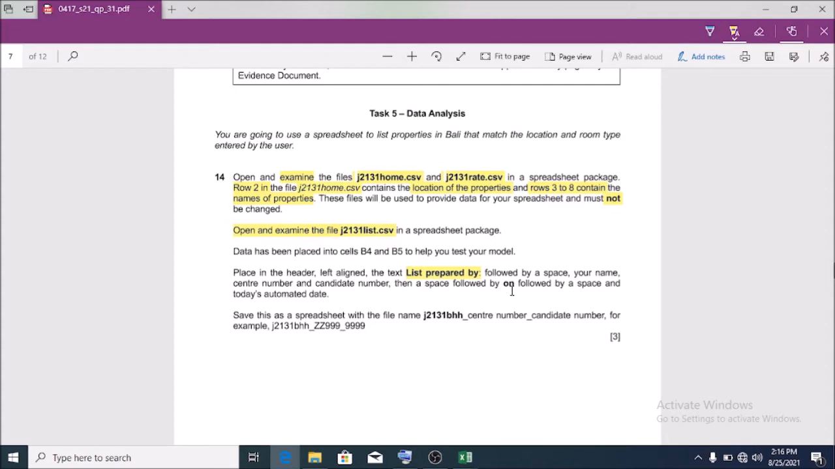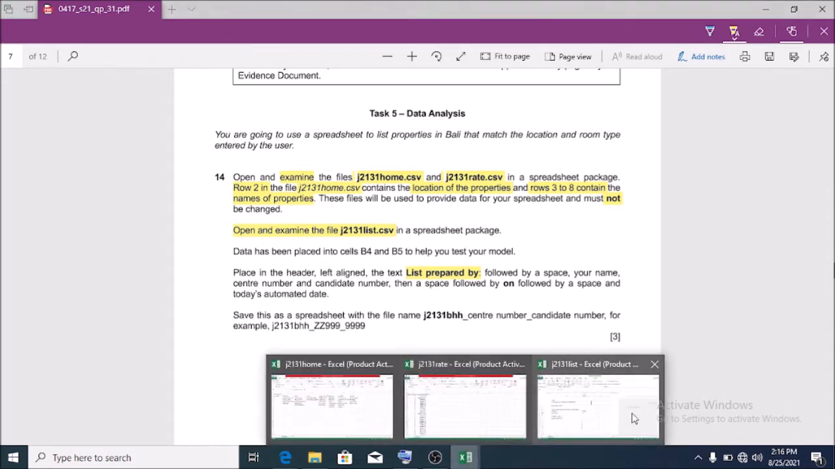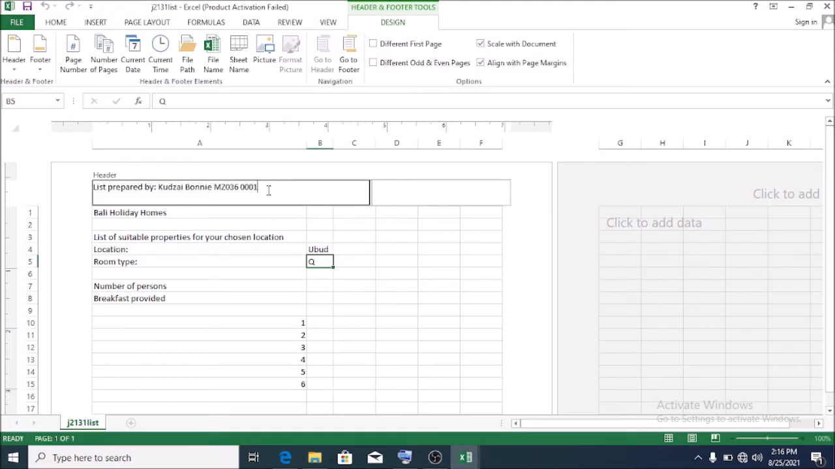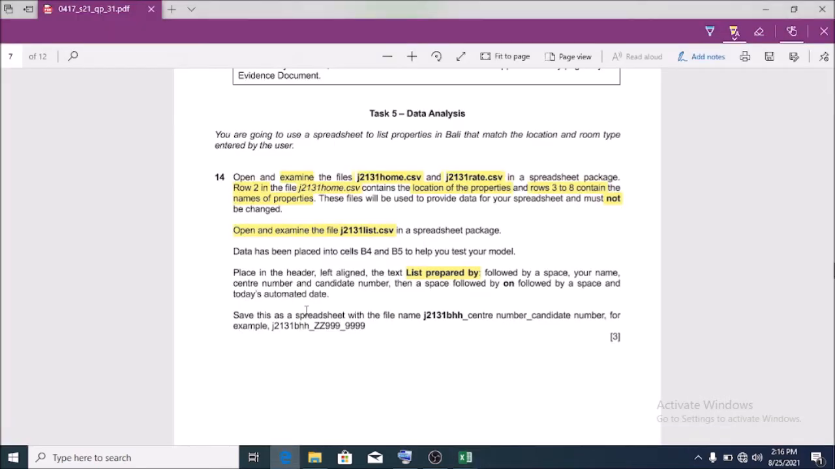Followed by a space, followed by "on", followed by a space and today's automated date. Okay, so followed by a space, then we put "on", then today's automated date. So we put the current date here, the automated date. Okay, fine. Next,